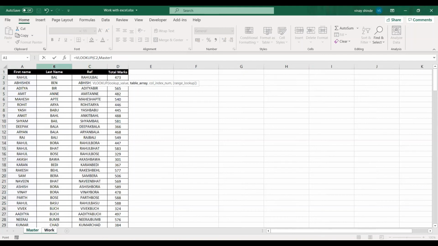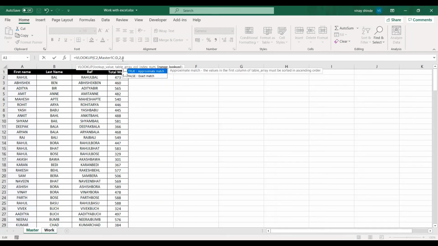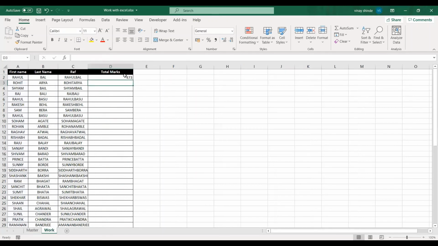Now I don't need the first name and last name, so I'll simply select only these two columns, C and D. The column of total marks is the second column from our reference column. So I'll simply put comma 2, comma 0. As I mentioned, it's the default. Now you can see this function has returned one value, and I'll double click on it.